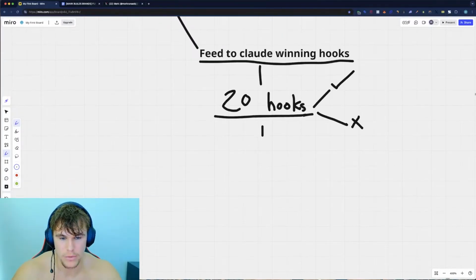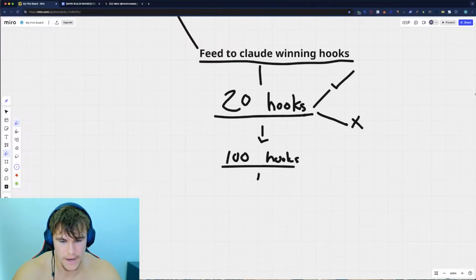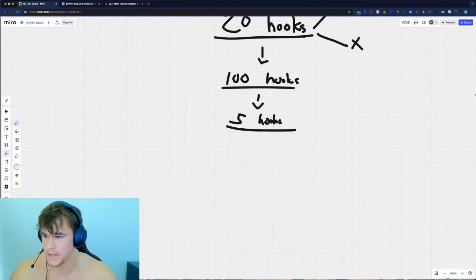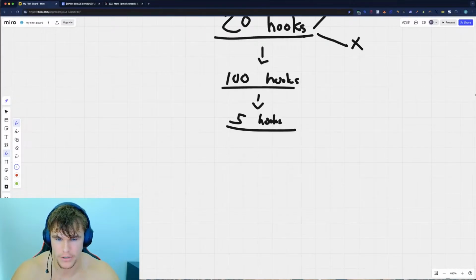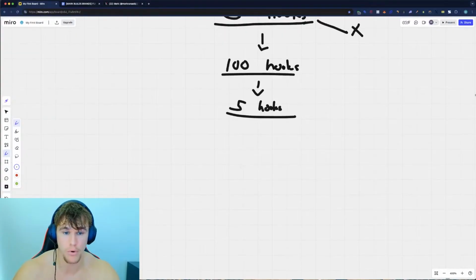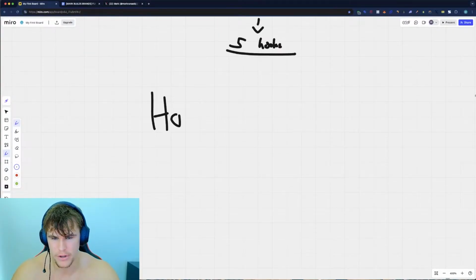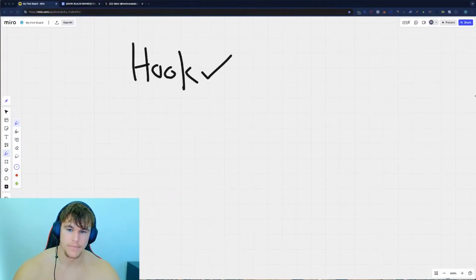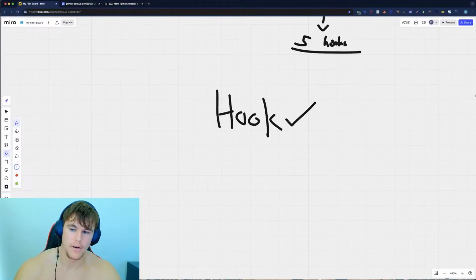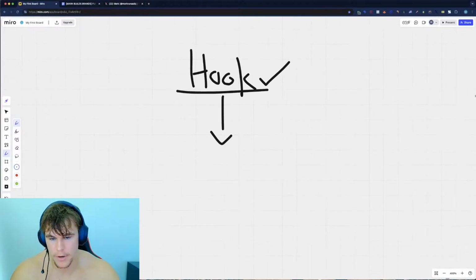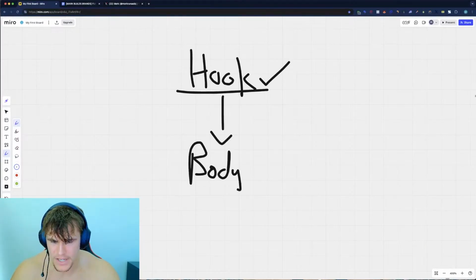So let's say that you actually end up loading in 100 hooks, and the ones that end up looking somewhat promising are like 5 of them. So now you have 5 hooks. These are going to be the basis of the new ads that you're going to be launching. Okay. So we have the first and the most important part of the script, which is the hook, and you have 5 variations. All right. Good job. So you got the hooks. Great job. Amazing. Now we move on to the body. Now the body, the scripting from this point on is actually going to be very similar.